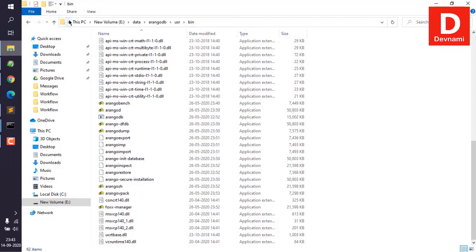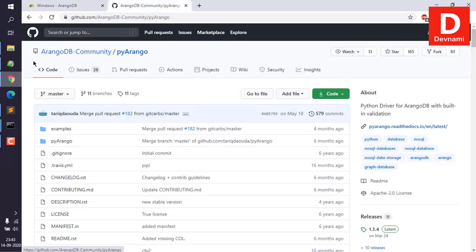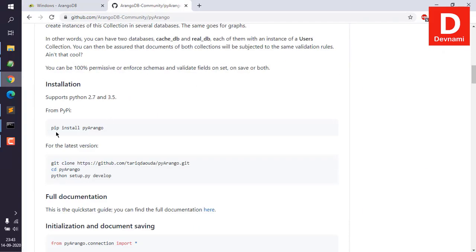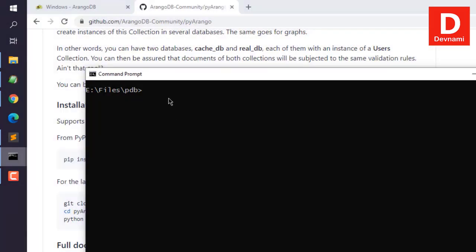Okay, now after that you can go for ArangoDB GitHub repository, and you have PyArango repository over there. Okay, now here you see pip install PyArango is the command we need to use to install PyArango. Okay, once you install that, what you can do is you can